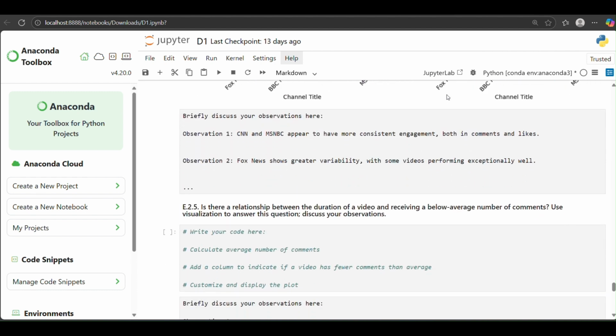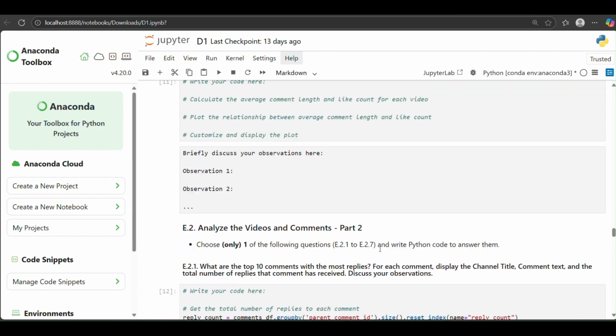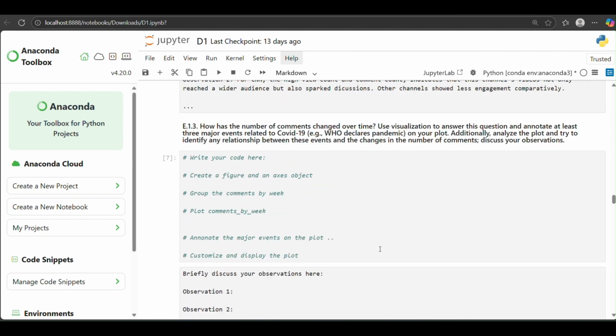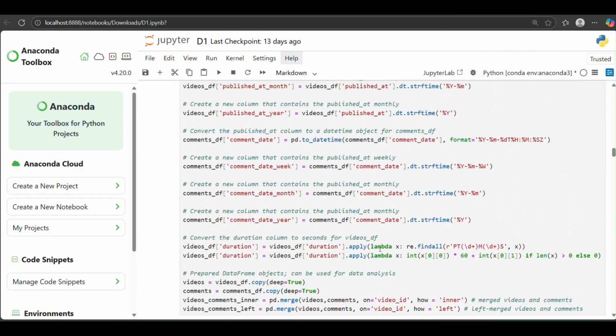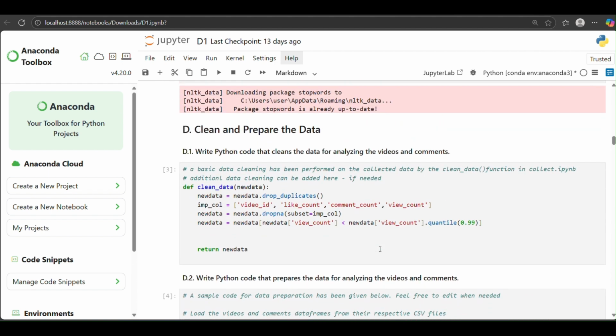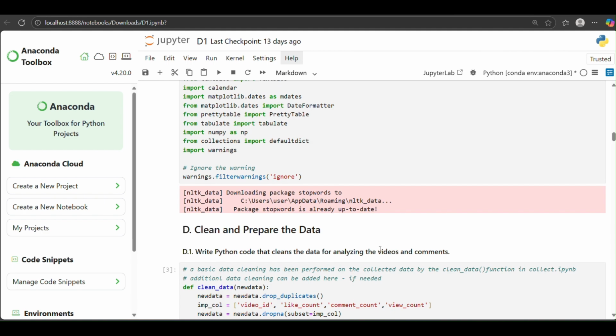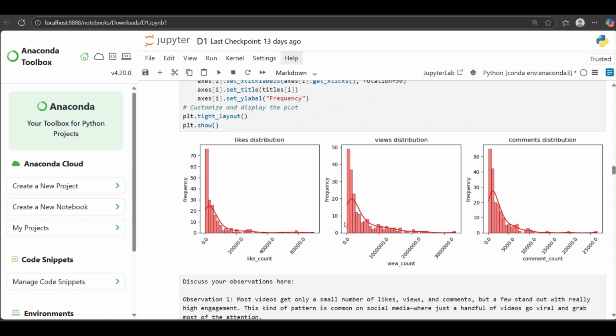The challenges here were handling missing values and duplicated entries. For that, I cleaned the data and dropped the duplicated entries. And for the missing or null values, I dropped them using dropna. Then there was some problem with plotting and visualization. As the data seemed cluttered, I fixed the layout using plt.tight_layout, and this was it.